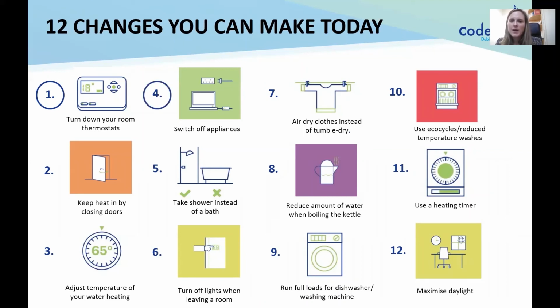And number 4, make sure to switch off appliances when they're not in use, because as I mentioned, leaving the likes of your laptop or TV on standby overnight still uses energy. Number 5, taking a shower instead of a bath can make a significant difference because a regular shower uses only 20% of the energy of a full bath. And number 7, where possible, if you can, air dry your clothes instead of tumble drying, because tumble dryers can draw a